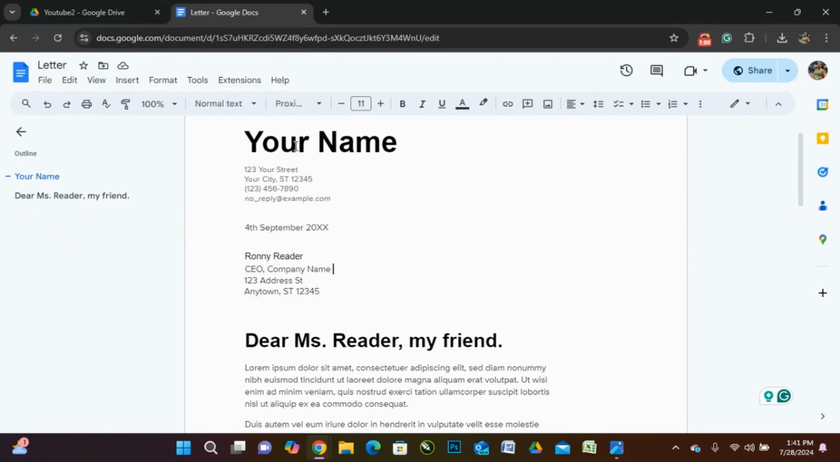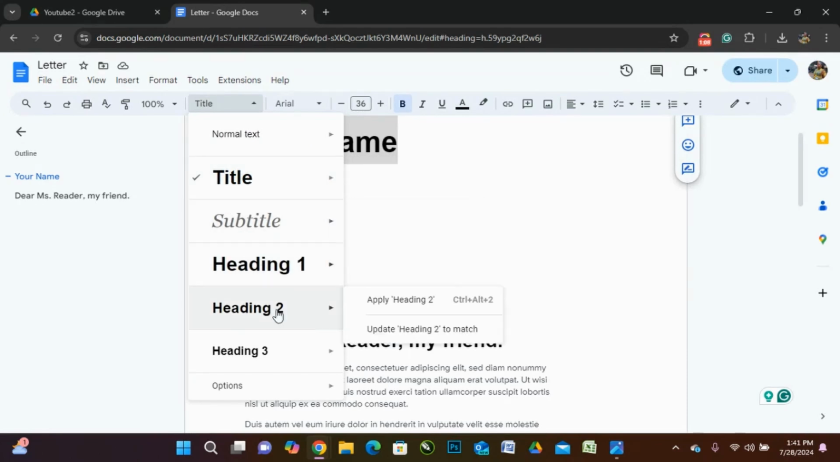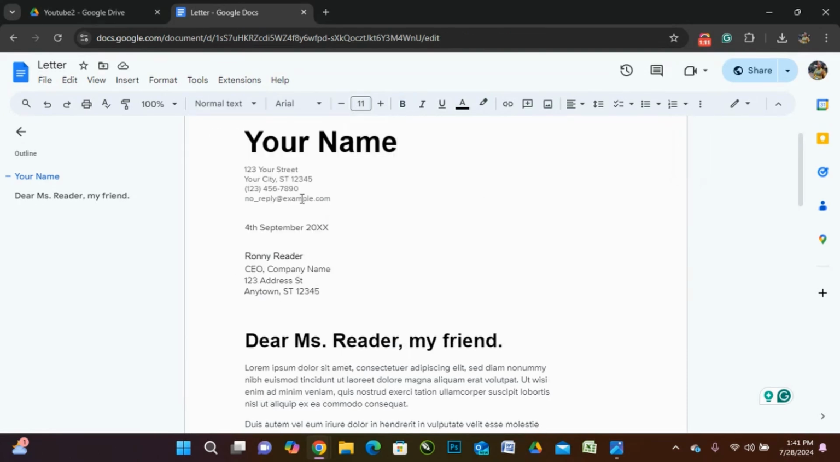Then you select your text, click on the area, and you can outline it as a title, a subtitle, a heading, or whatsoever you want. Now, after the text has been outlined, to remove the outline without affecting the text, you just